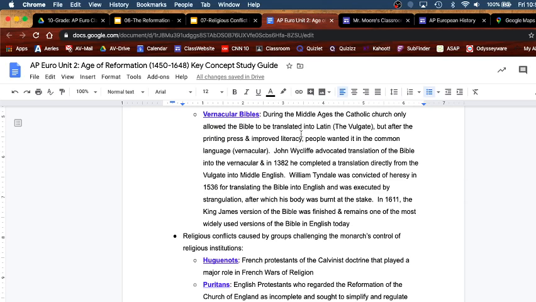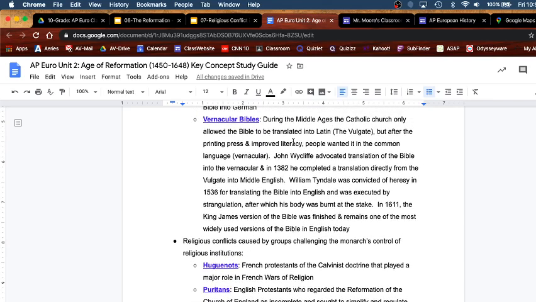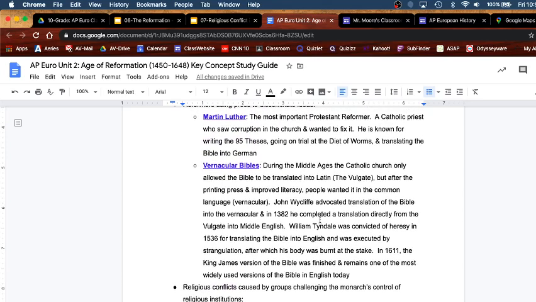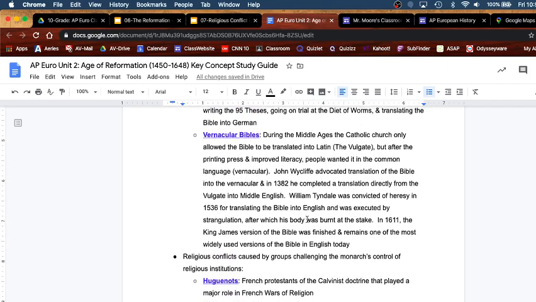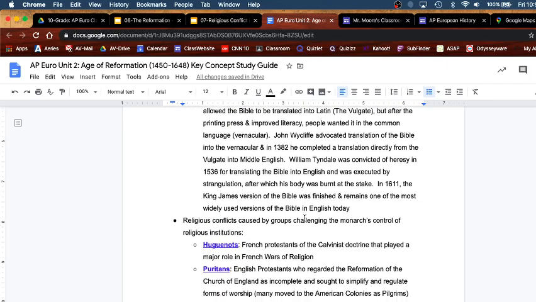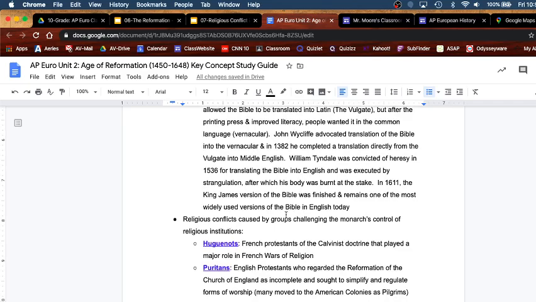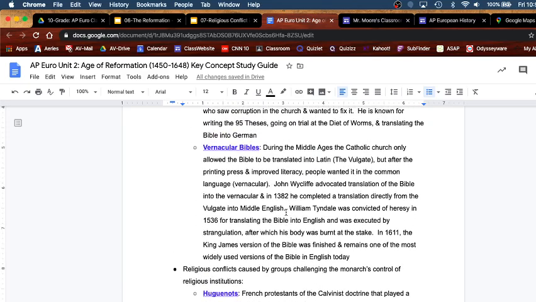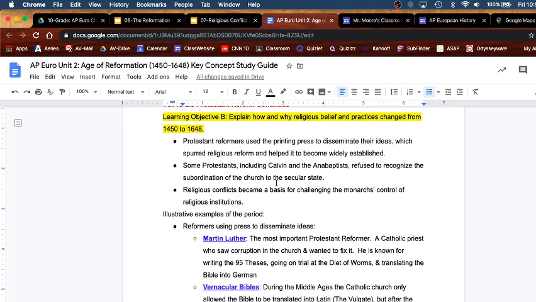That shows you how we're going from it's almost a crime to put the Bible into a vernacular to where the King of England officially recognizes and requires one to be constructed. And even today, the King James Version is one of the most recognized versions of the Bible. So you can see a huge transition there, and that's the whole point of this, right?